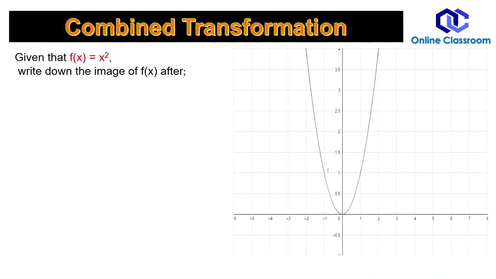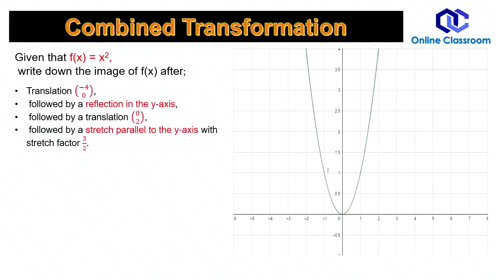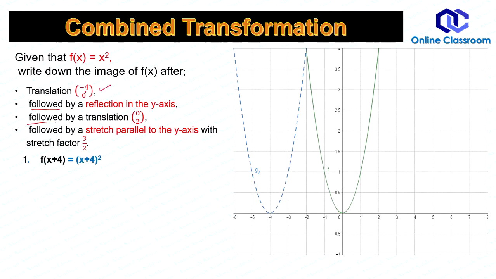Now starting with examples. A very basic example, the easiest of the examples, x square. Note down please, if the examiner is giving you a specific order, first do this and then do this, followed by this, then you have to follow the instructions. Like first we do translation here. -4 means shifting towards left. But how to write this? You write f(x plus 4). This function becomes (x plus 4) square. I've shown step by step.